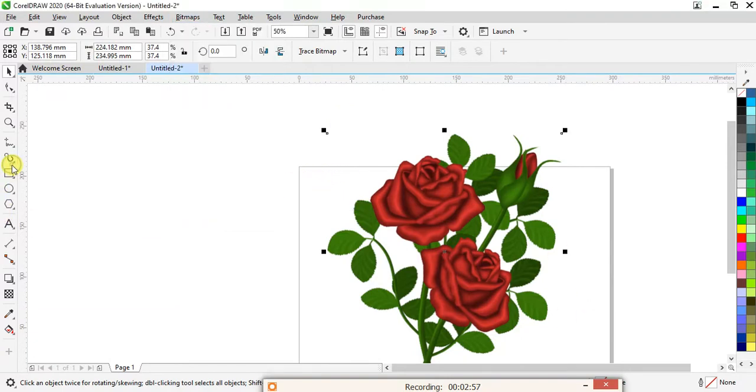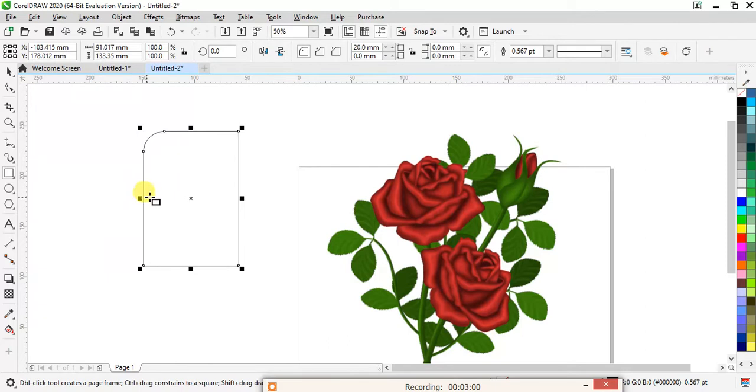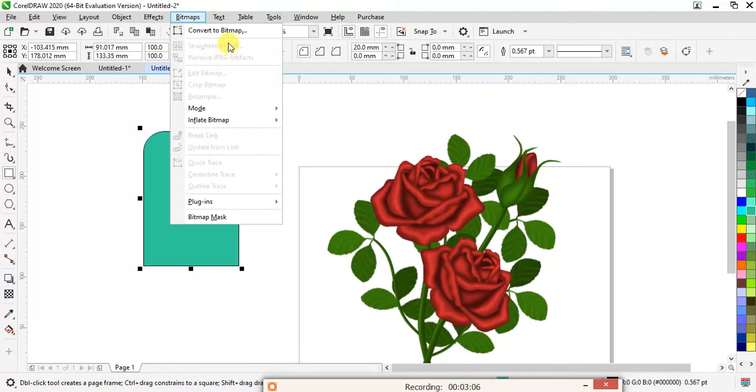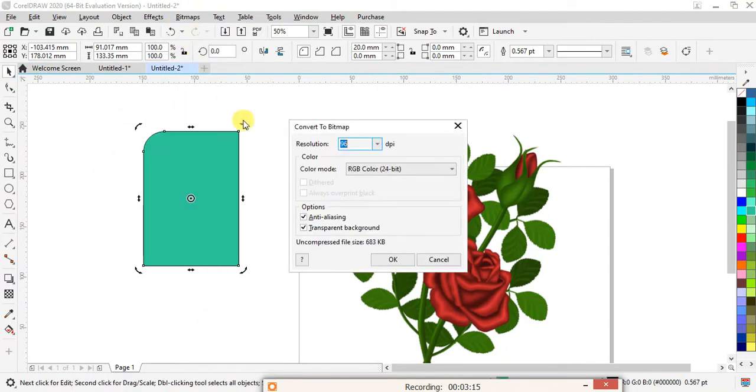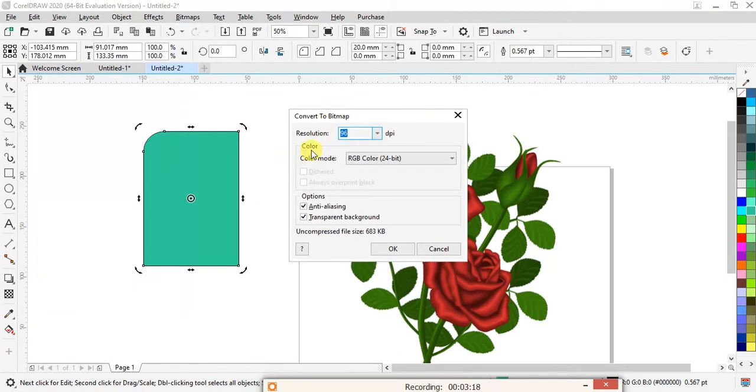Now let's make one vector logo. So, for example, this is a vector. I'm filling color in it, and if I now click on bitmap, I only have one option, that is Convert to Bitmap. It means this is your vector image, and you can convert it to a bitmap. There are some options available over here. You can give the resolution of it, and for printing purposes you can take CMYK. You can take any color mode as per your requirements. If you are using CMYK, then the resolution is suggested to be 100 or above. Let's take the default settings and click OK.